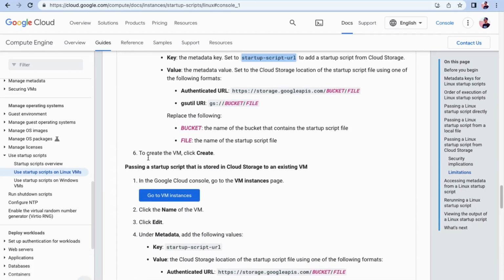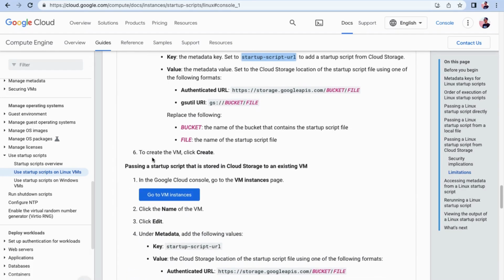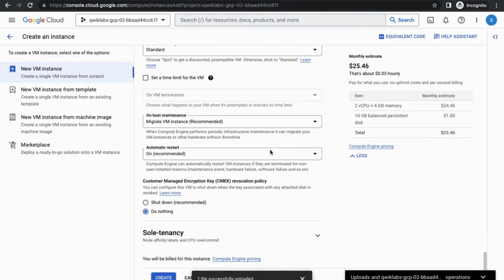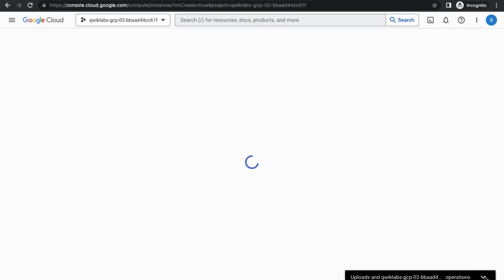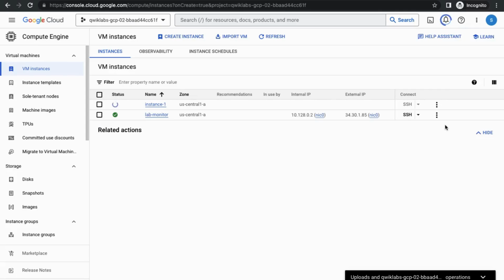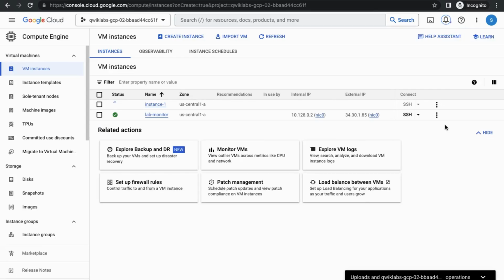Okay, to create the VM, click create. I think that is okay. We have configured all that we need, and we'll just go ahead and click on create. So while that is running, we can